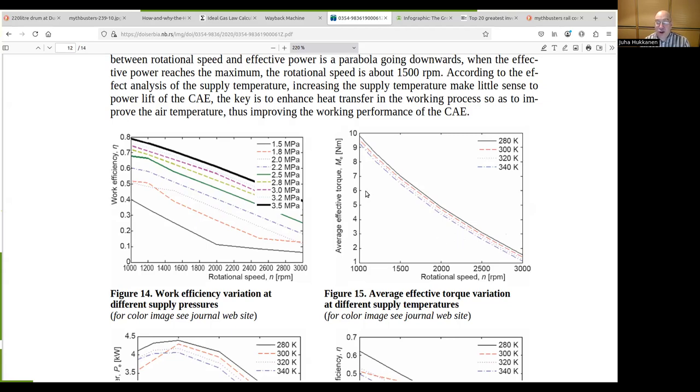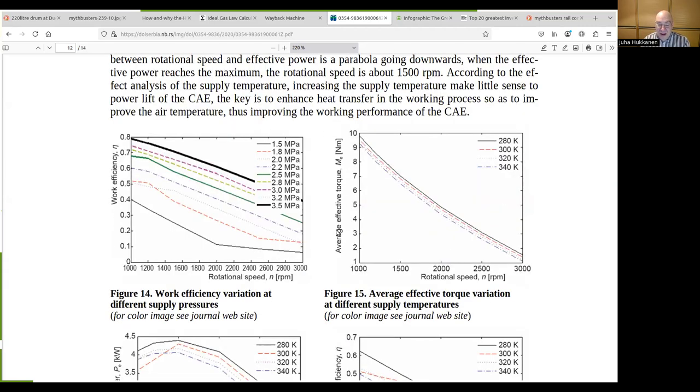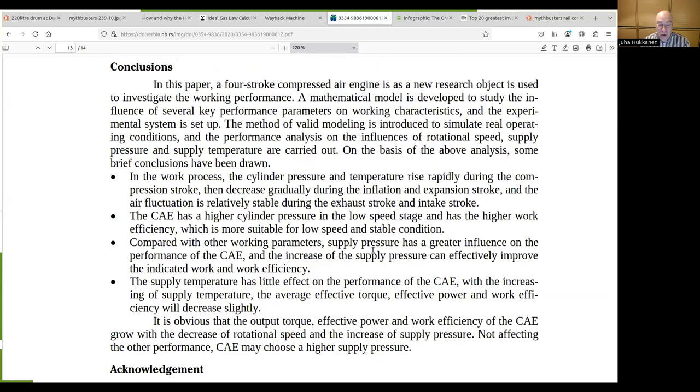I believe that's because some of the heated air's heat went into heating the four-stroke engine. Maybe that was it. But heating that did not increase the air's ability to do work there. And they concluded that compared with the other parameters,